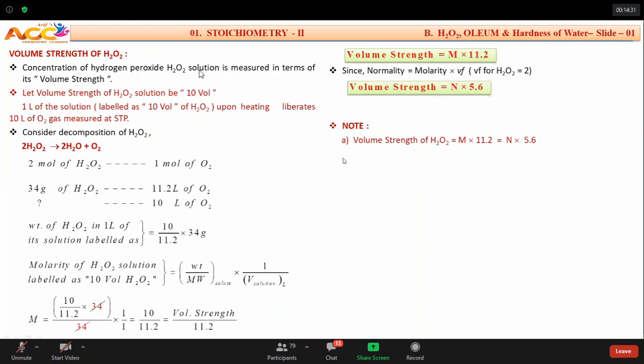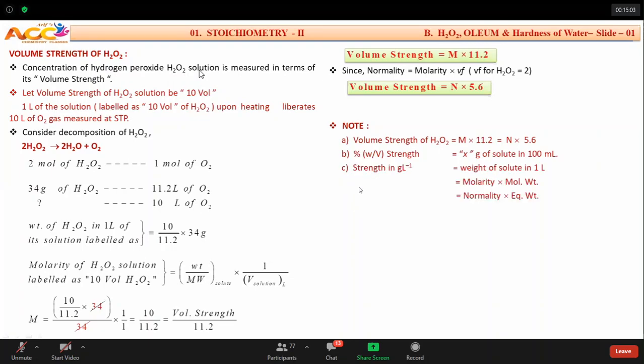Next, no, sir, I am having one more expression called percentage weight by volume strength. यहाँ भी strength का word आएगा. ये volume strength नहीं है. This we have already done in the previous classes. What is this? X grams in 100 ml. So we are having X grams of solute in 100 ml. That is the meaning of weight by volume strength. ये इसका मतलब अलग है. Volume strength का मतलब अलग चीज है. Volume strength एक specific word है. It is used only with hydrogen peroxide.